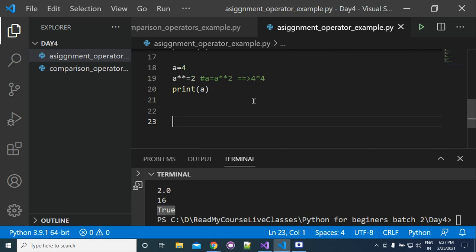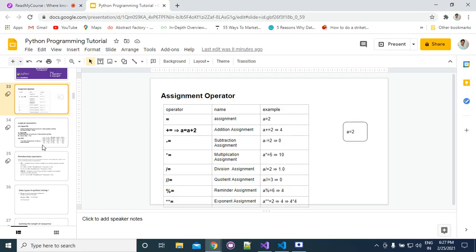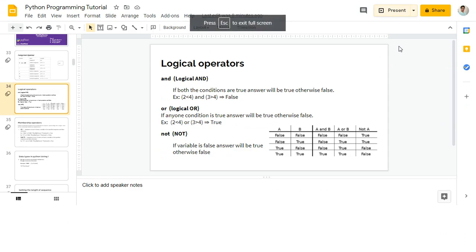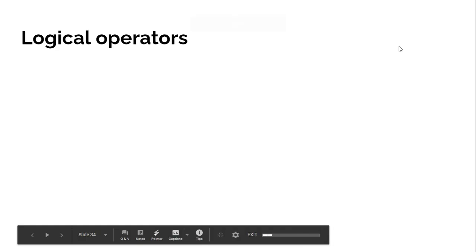Okay, so now we are going to the next operator, that is logical operators. What do logical operators do? They basically operate between two Boolean values. Logical operators will always operate between two logical values, Boolean values.